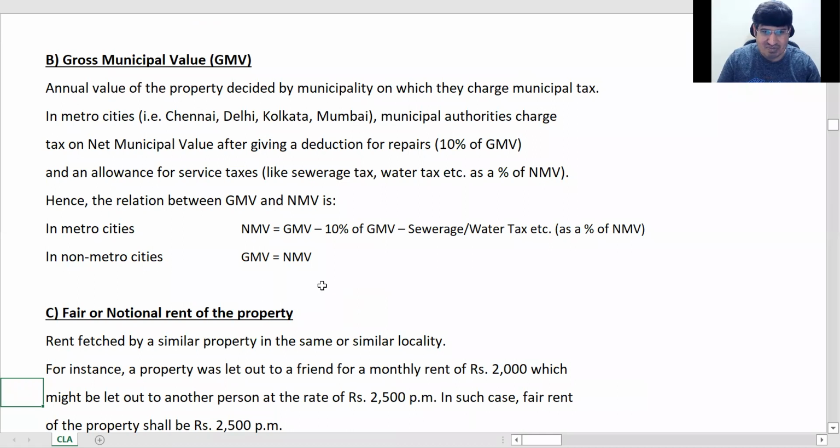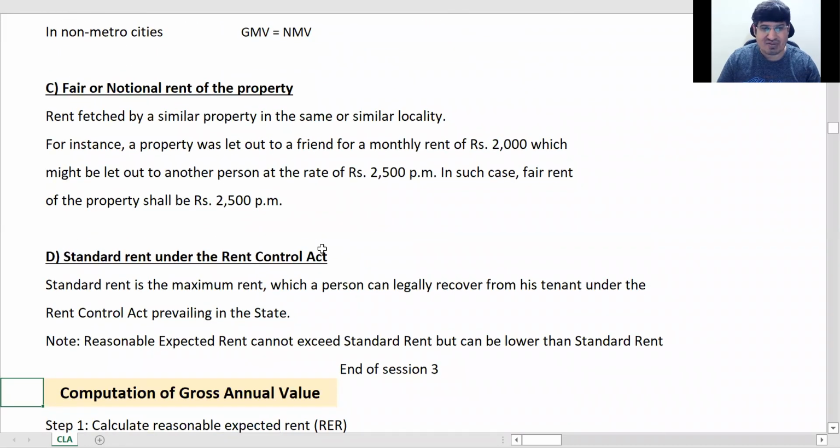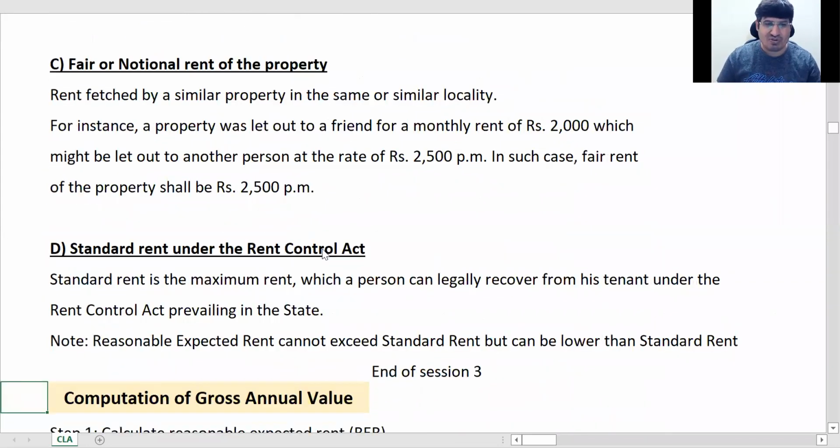ठीक है, मैं सिर्फ आपको इस कर्व का रिलेशन बताना चाहता था कि फाइनल फिगर कैसे है, तो मैं ग्रॉस म्युनिसिपल वैल्यू कैसे निकालूंगा। ओके, तो उसको हम रिविजिट करेंगे, ठीक है। मैंने फिर से सिर्फ एक इंट्रोडक्टरी चीज बताई आप लोगों को।